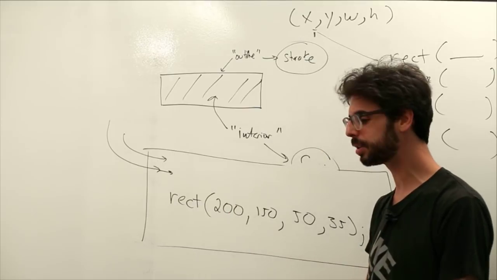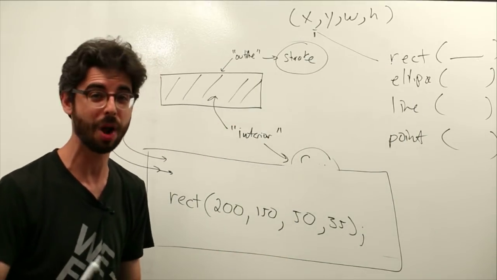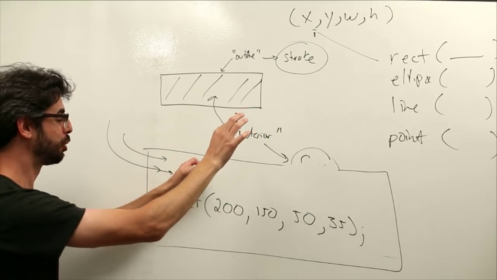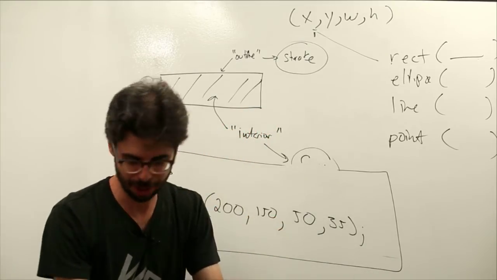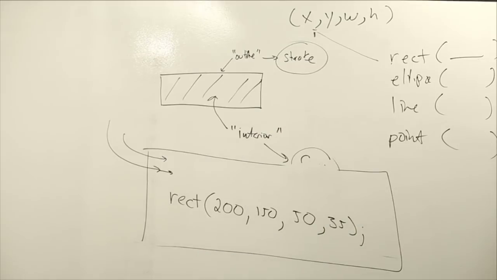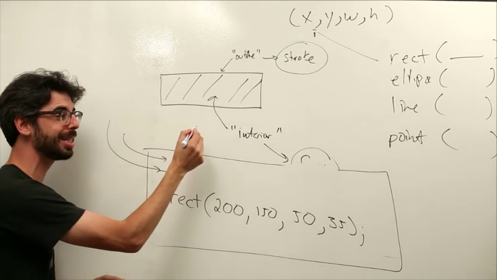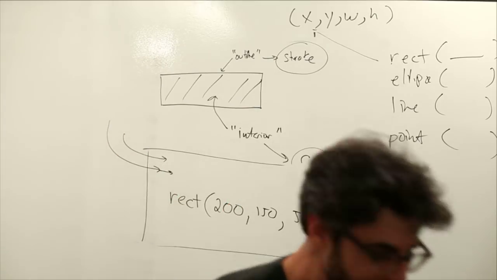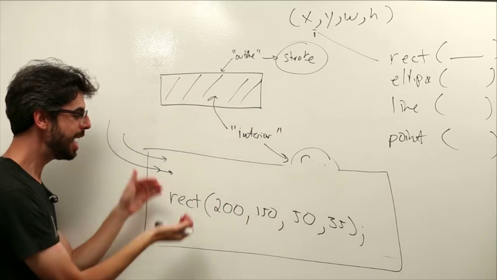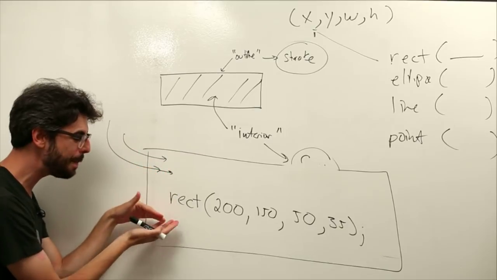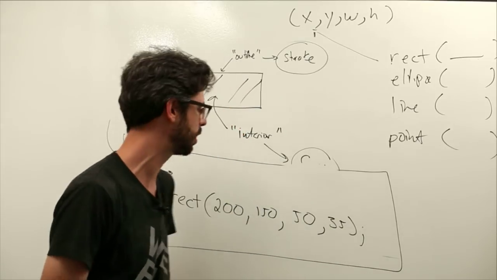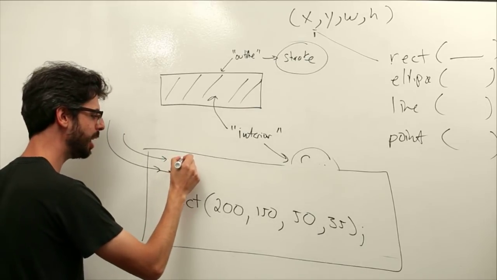It's almost like the Processing program is running and there's a thing with a pen there, and it reads, stroke blue. Oh, quick, let me go get a blue pen. Red? I got the red pen, and whenever I get to rectangle, I'll draw it with red. And if it says stroke black, it suddenly switches and gets the black pen again. So it's reading the code step by step and setting the stroke and the fill for whatever the next shape is going to be. So if I were to say stroke,